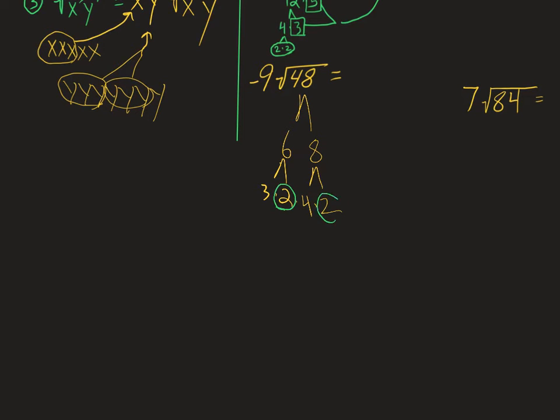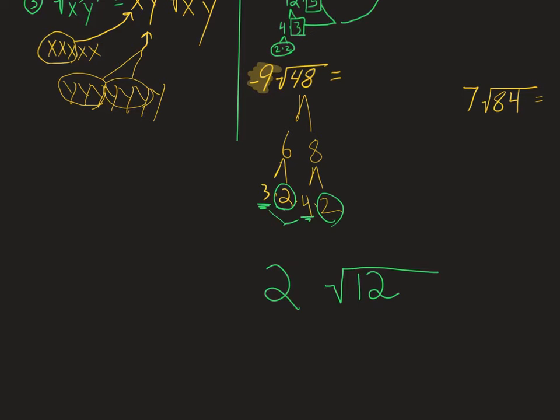There's a 2, there's a 2, so that pair of 2's comes out. There's my square root of 2 I can pull out. The 3 and the 4, there's only one of each. Those have to go back together to make a 12, because those factors go back together. And that's 2 radical 12. I'm done if I didn't have another